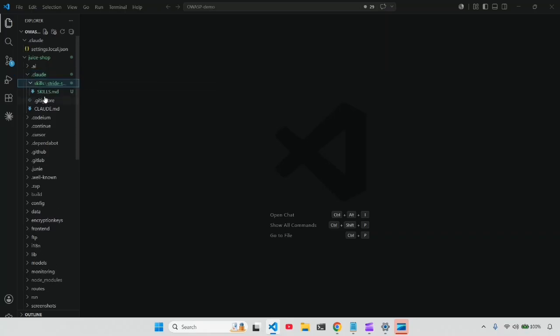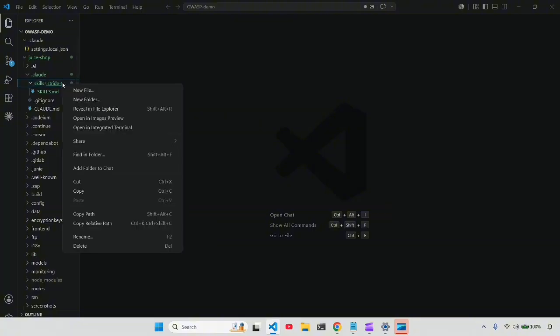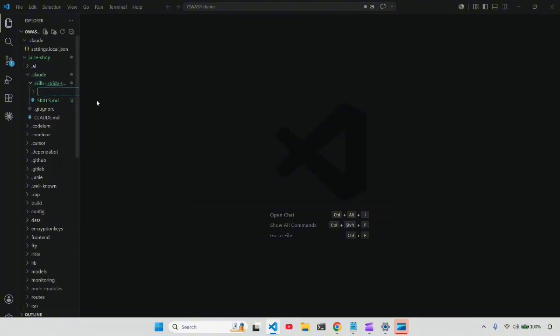I already have a skills.md file, but I'm going to create another one so that we can create one together. So I'm going to create a folder inside of skills, and I'm going to call this test stride threat